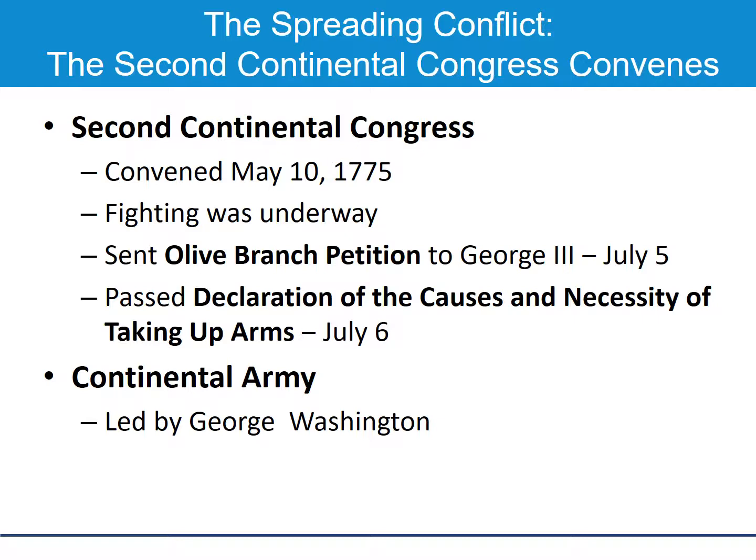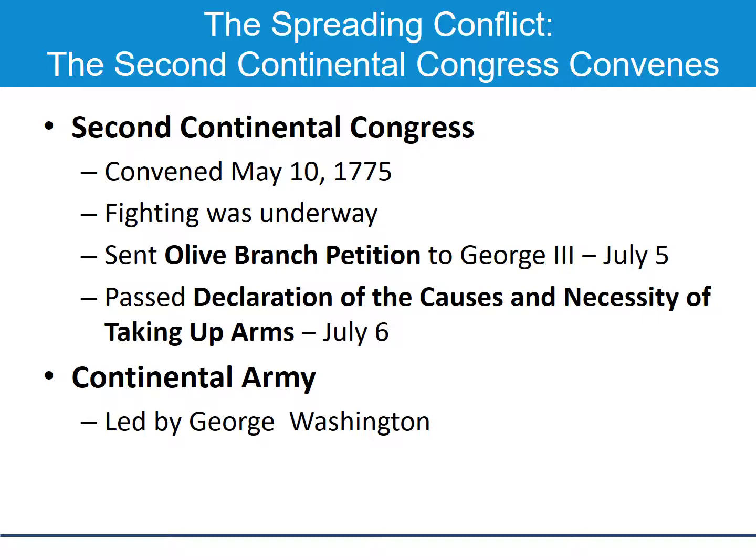In that early summer, the Second Continental Congress is going to send what became known as the Olive Branch Petition to George III, trying to reach out, offering to meet with the British to try to solve their differences. They also passed the Declaration of Causes and Necessities of Taking Up Arms. This was really more for the colonists, to show the colonists why we're fighting and try to get more colonists to join in the fight against the British,